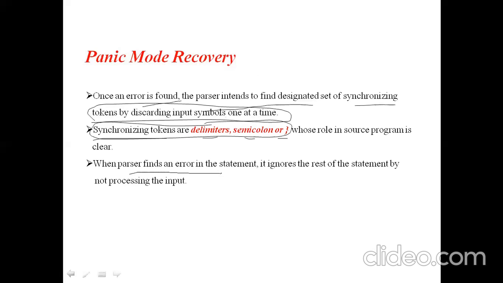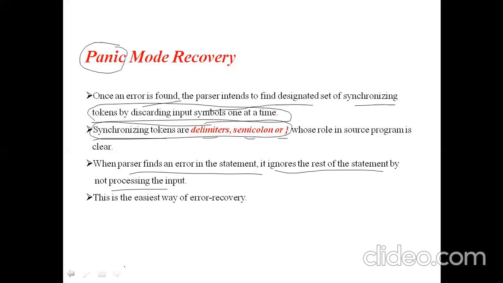When the parser finds an error in the statement, it ignores the rest of the statement by not processing the input. That's why it is called panic mode recovery. It will simply not process that input.